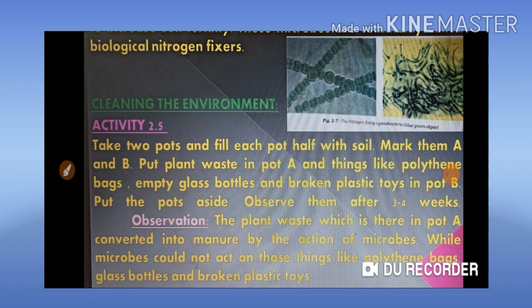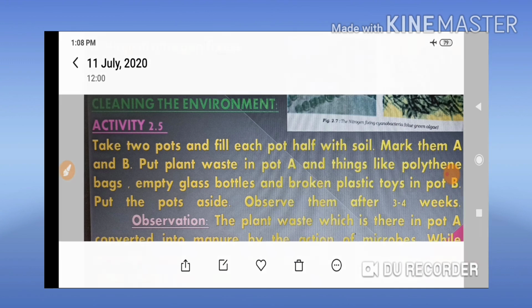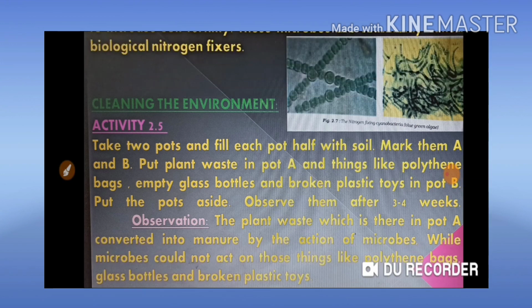Here is an example. Suppose you are moving from school to your house or from your house to school, and any animal, like a dog, is dead on the road, for example by accident. You see it on the road while going, but within two days you can still see its body, and after two or three days you can't see its body in that place. Where did it go? Why did it disappear?